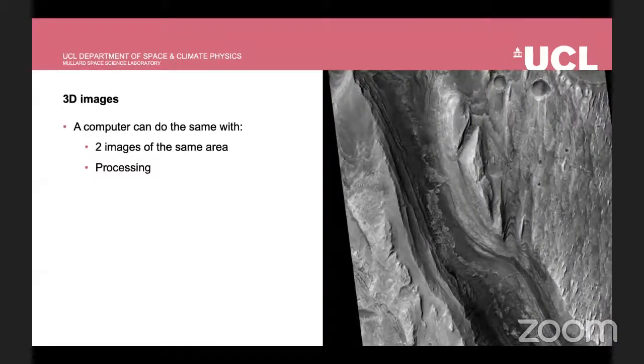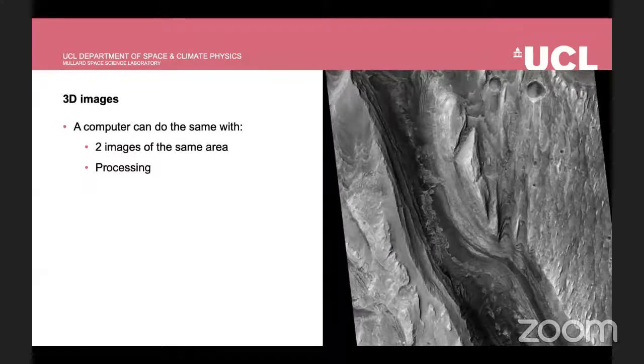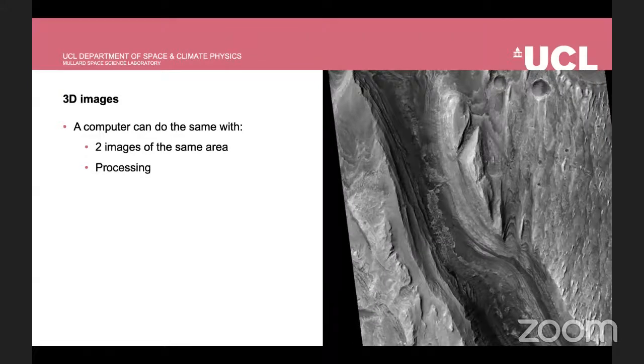The computer can take two images of the same area that are taken from slightly different places. So pretend one image is from one eye and one image is from another eye. And on the right, I have a satellite image of a river on Mars that I'll talk about later. And it's flickering between the left eye image and the right eye image. So we have the two images, and then the sort of brain processing that we do is done by really